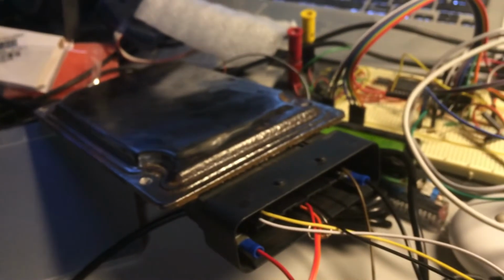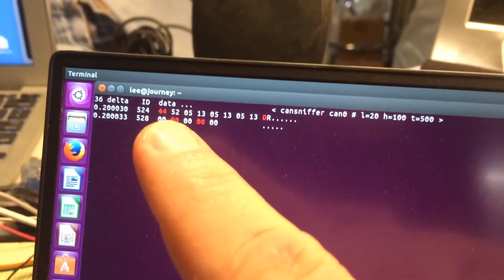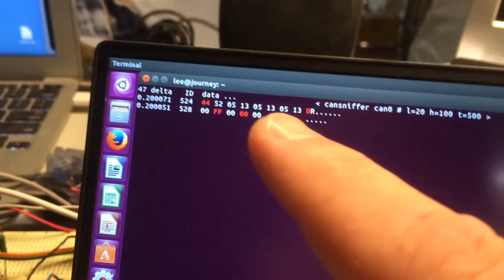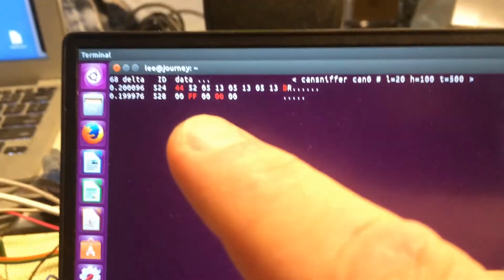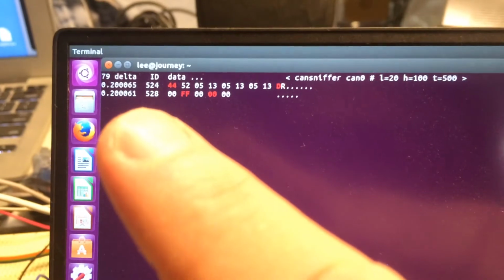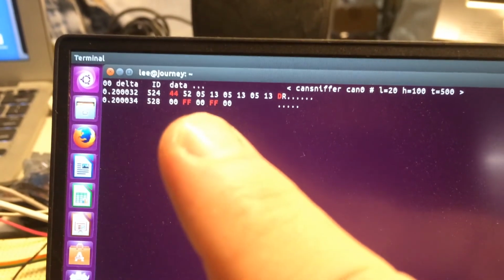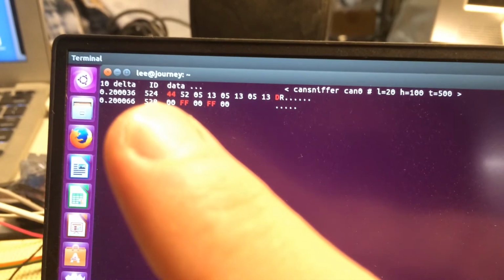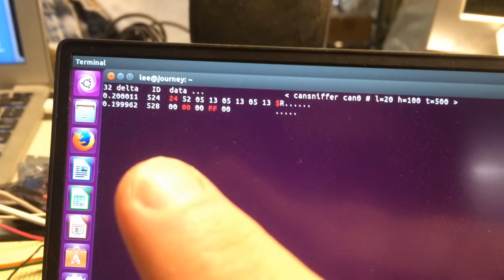But I'm going to have to hook this thing back up to the vehicle and monitor this. And when I get the new module, I plan on hooking into the vehicle and monitoring these IDs around the 520 area, because I'm assuming that all the suspension stuff is probably going to be grouped together. It may not be, but I'm going to assume that for now, just to see if it works. I'm going to see if this changes with a good module, and see if these are supposed to be all zeros or something if there are no codes,